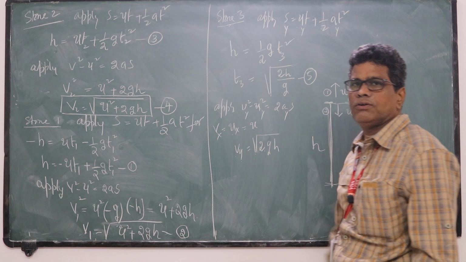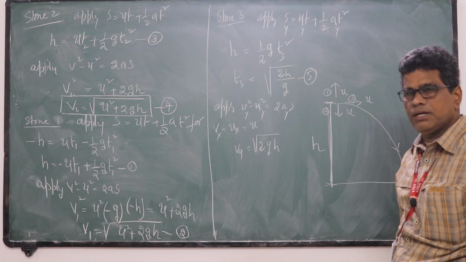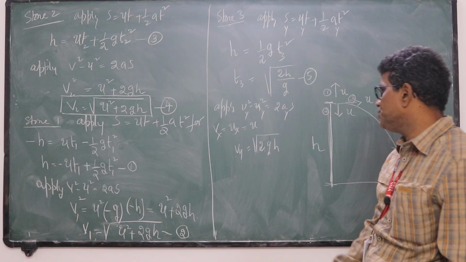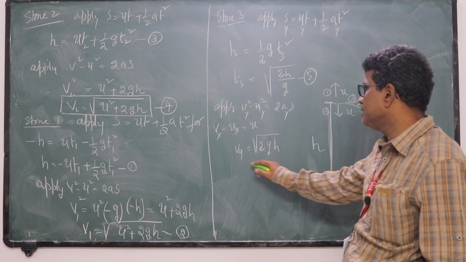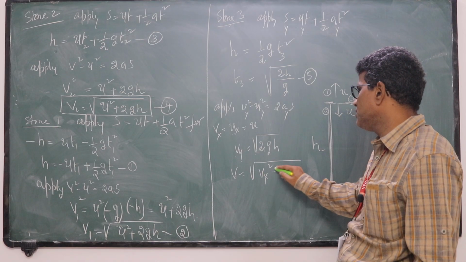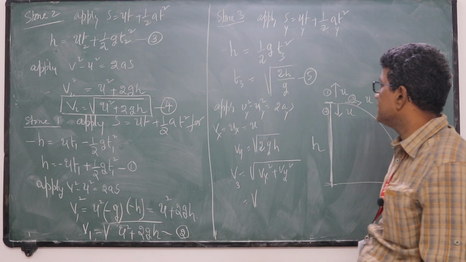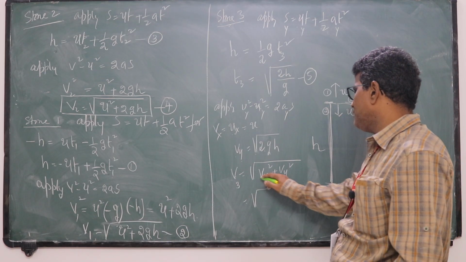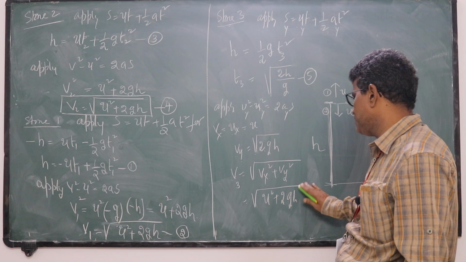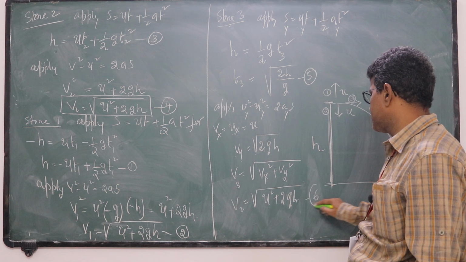So this is Vy and this is Vx before touching the ground, because in the horizontal direction there is no acceleration due to gravity. So velocity will remain the same. Initially u, after t seconds also u. This is the velocity before hitting the ground that I want. So v is equal to the square root of Vx square plus Vy square. This is V3, I take it as. Vx square is u square, Vy square is 2gh. You call it equation 6.